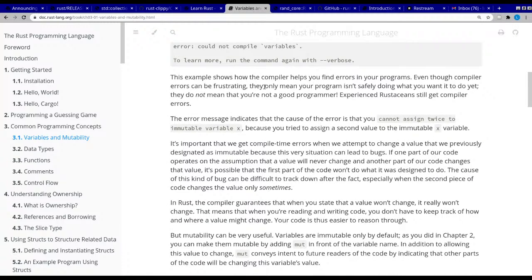This example shows how the compiler helps you find errors in your program. Even though compiler errors can be frustrating, they only mean